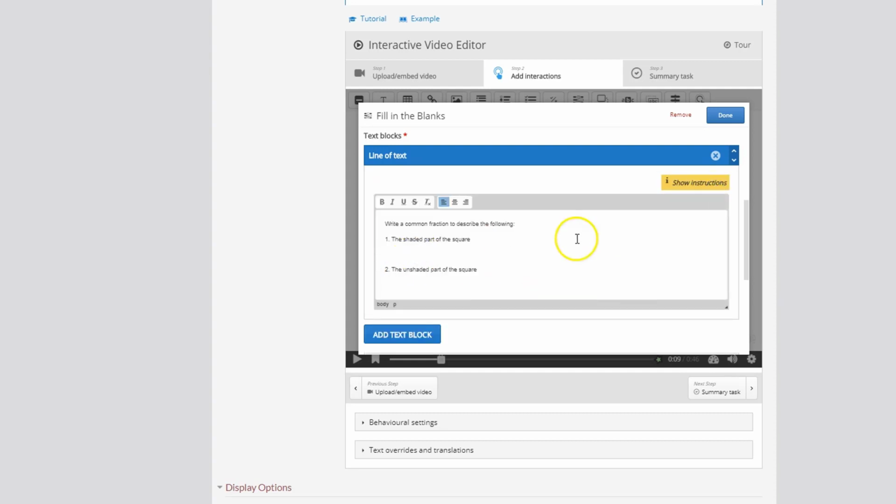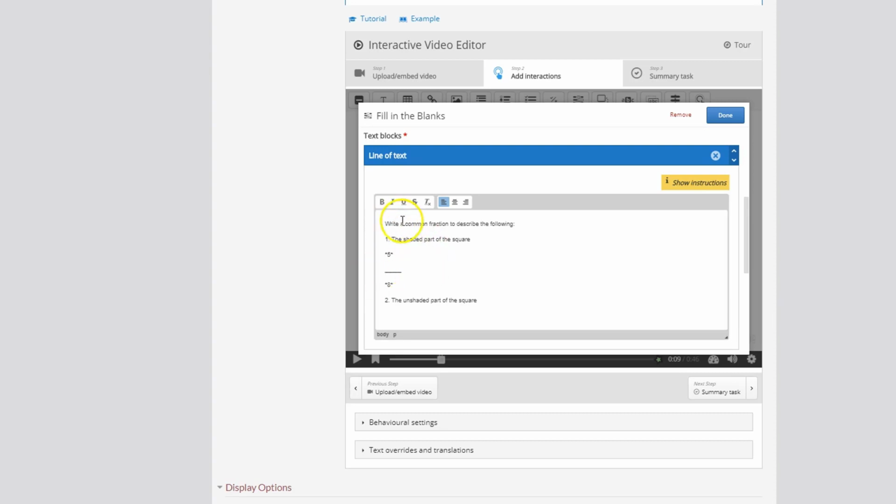But because this is math and because it is fractions, we have to add a little bit of a different spacing and layout for the question. So for here, we want the student to write in a fraction. And of course, fractions are one number on top of another, separated by a straight line in the middle. So we want to lay out our question in that manner. So first, we need to know what the correct answer is. And the correct answer is